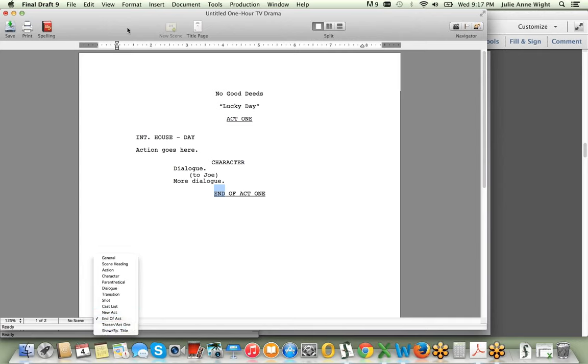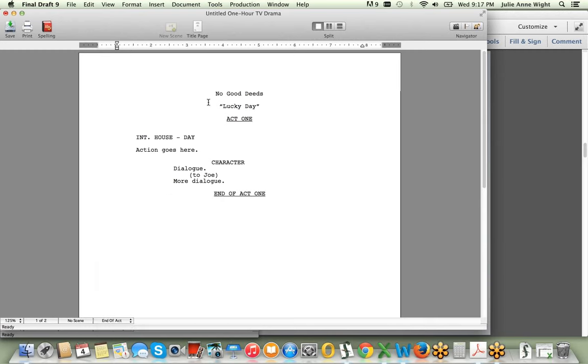So just like this drop-down menu here, it gives you all the elements that are listed. Now, whatever way you decide you want to change it or check it, whatever item is check marked, that is the element whatever your line is set to be. So, for example, if I'm on this character element right here, I can check and see it says it's a character element, so I know I've properly formatted that. If my end of act element is set incorrectly, let's say I've put it as a shot element and I need to change it, all I have to do is then go to either drop down menu and choose the correct